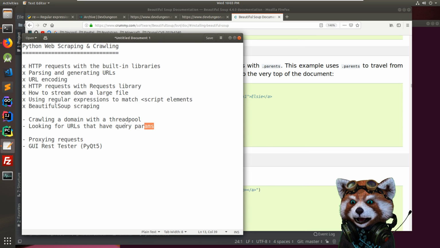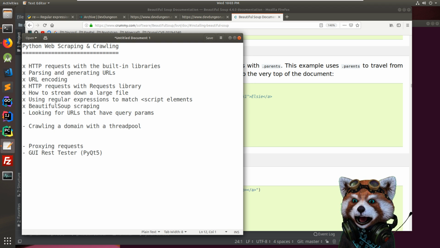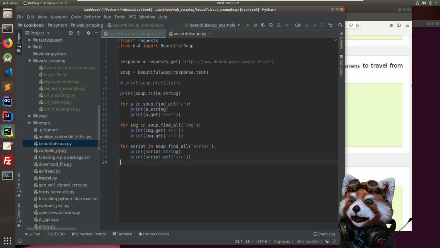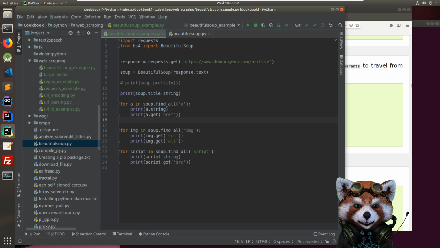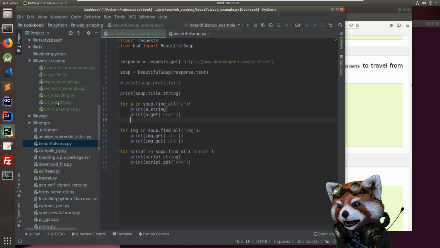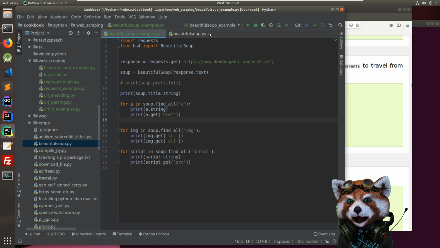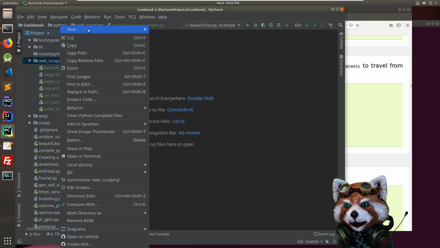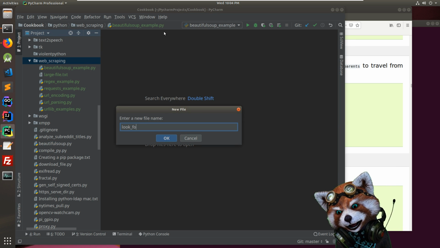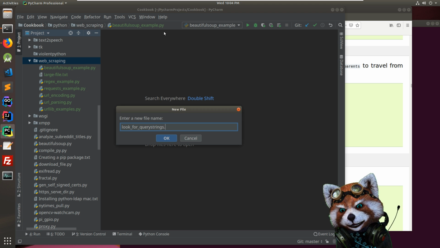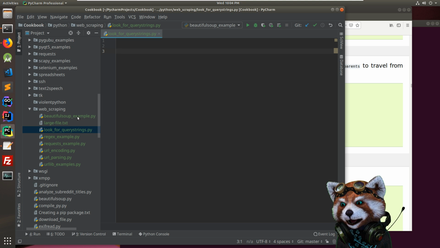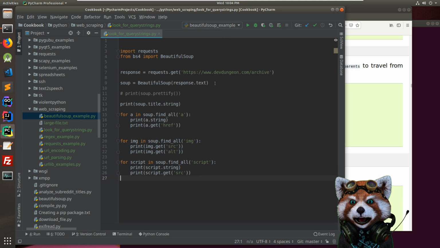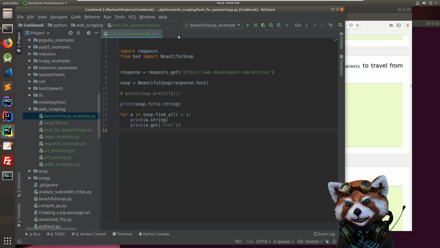So let's do this one first, where we look at URLs that have query parameters. And so let's go back into here. Hold on, I'm going to go back and close these. I'm going to create a new one, and this one's going to be called look for query strings .py. And basically we'll start with this one as a base, delete this,